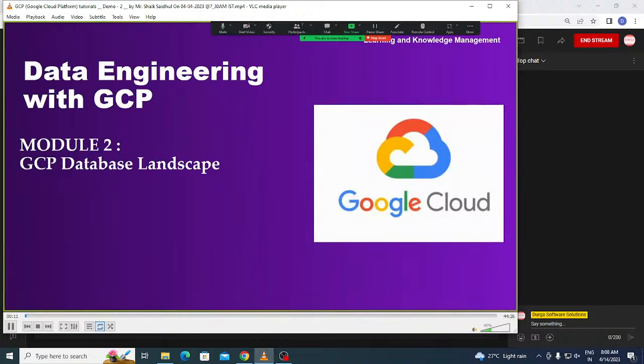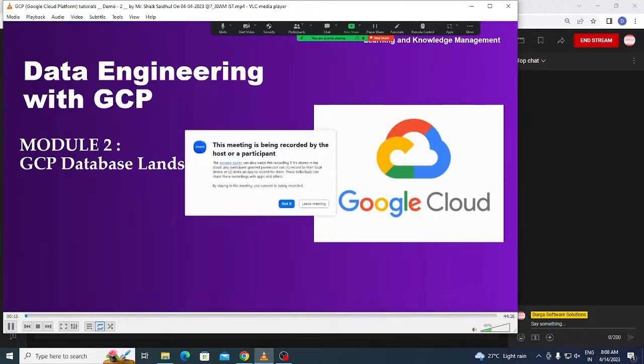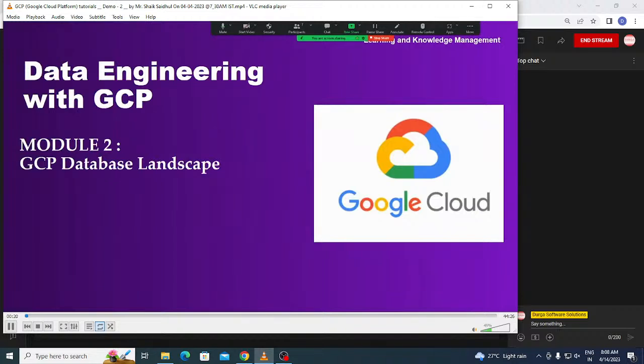Yesterday we discussed the course content and everything. From today onwards, we're going to discuss the very first topic, which is the GCP database landscape and big data landscape. One by one we are going to start. In the first half, I'm going to explain a few concepts related to databases, that is Google Cloud Storage, and after that we're going to start with